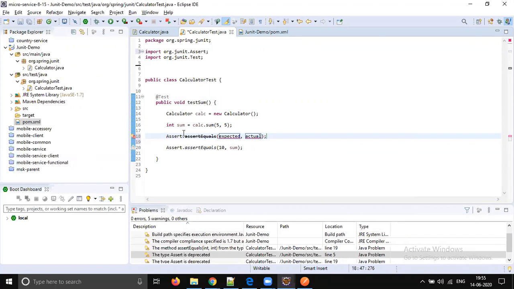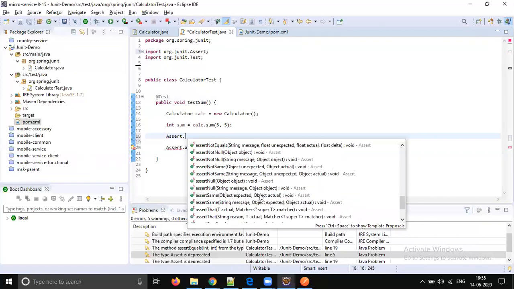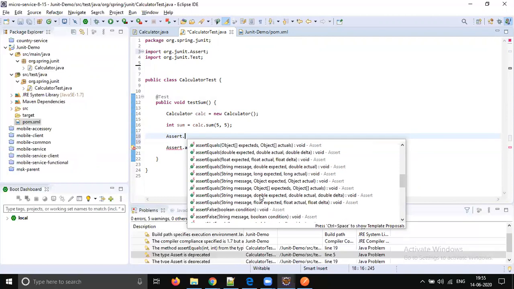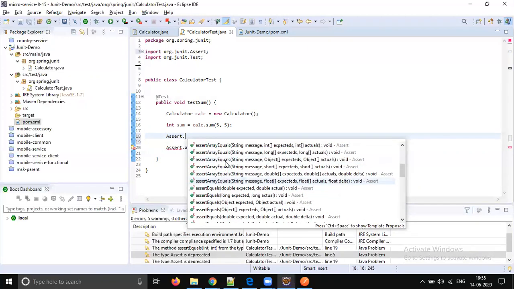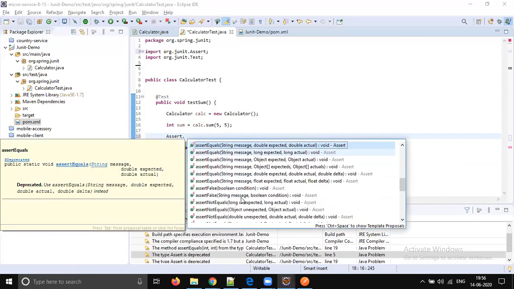This is duplicated. assertEquals float expected float double. So many classes are duplicated.